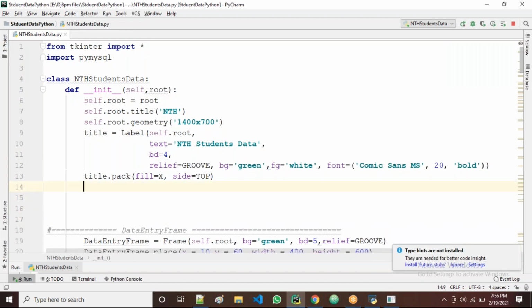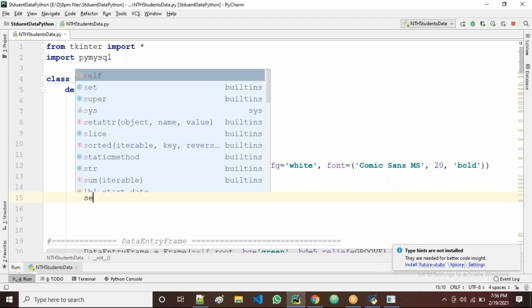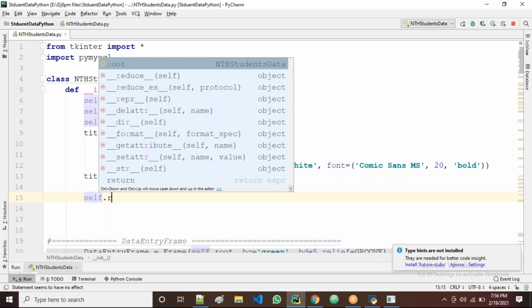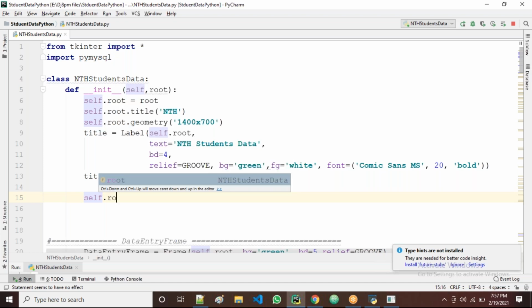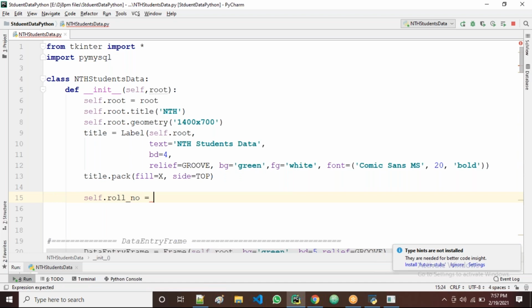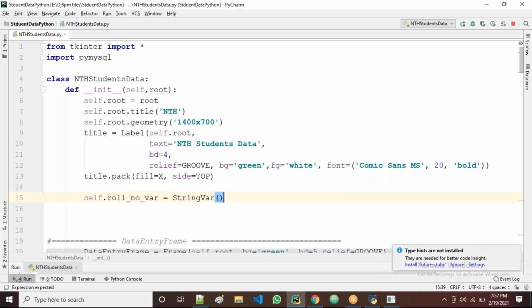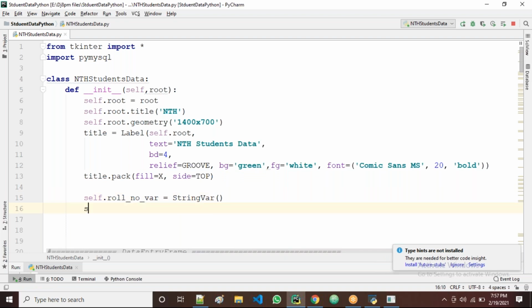Now all of you observe. Self data. What's the first one? Roll number, right, guys? The first one, roll number. Equal to, for this variable we take the roll number variable. For this variable, I give the type. Which type? Let's take all string type, guys. Now roll number is over.